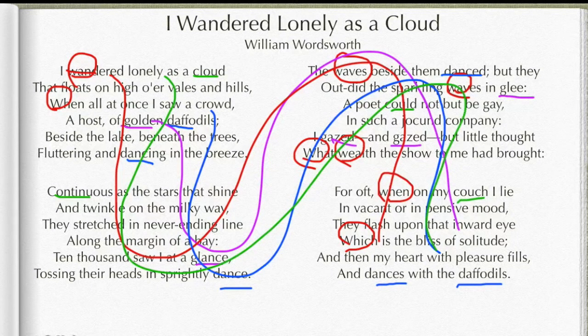But you see it, when you look at football, like you watch the play happen and it gets broken down and you see the X's and the zeros and look what he did this and look what he did. That's exactly what we're doing in poetry. And when we look at William Wordsworth's poem, we see, wow, there's a lot more happening than just end rhyme like cloud, crowd, hills, daffodils, trees, breeze. There's more to this. And that's what makes it beautiful.